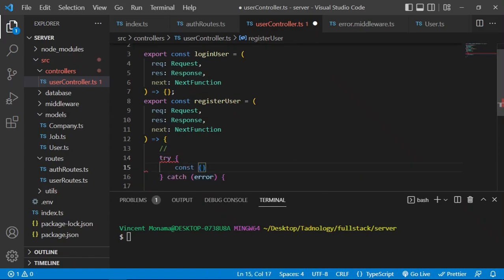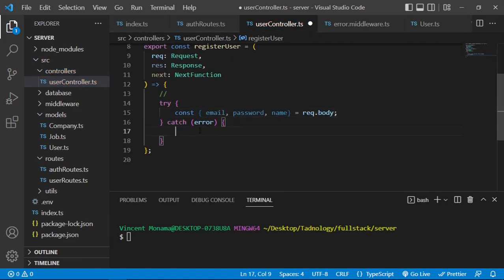So we're going to extract the email, password, and name from the request body. And then in here, actually I'm just going to say next